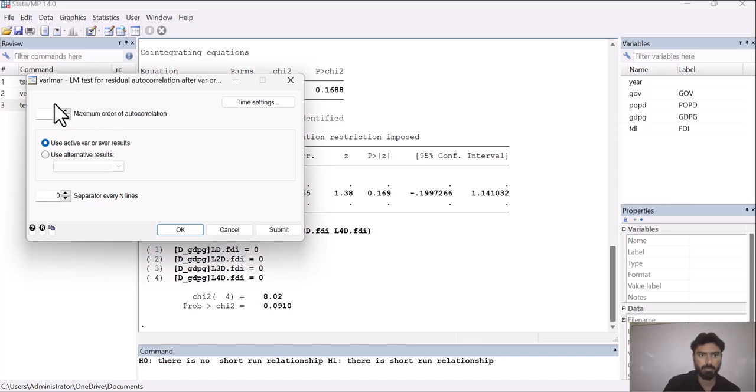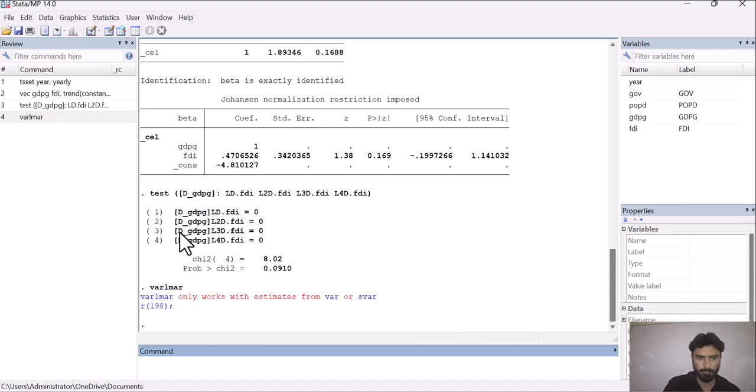Let's suppose we are going with the option of lag 2, then click on OK. It says it only works with estimates from VAR or SVAR. So we have done something wrong here, so let me check again.